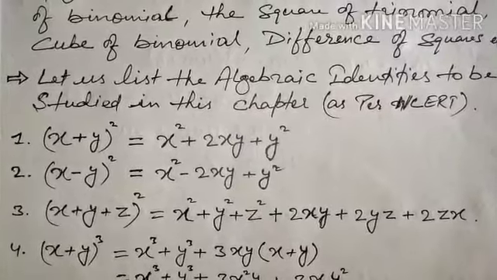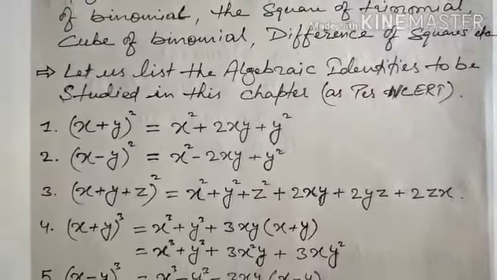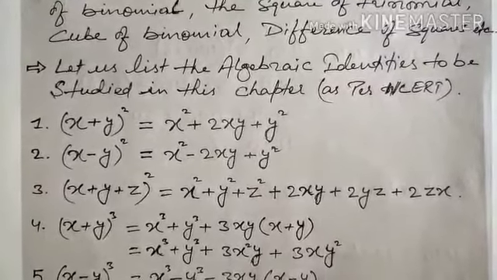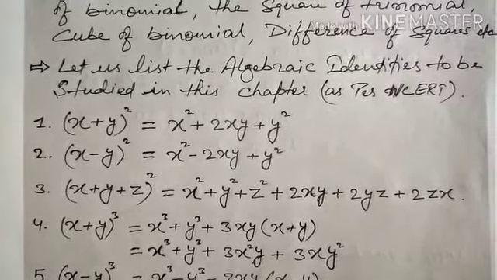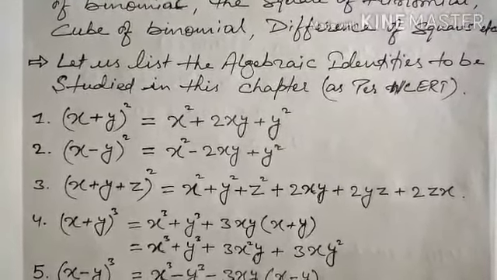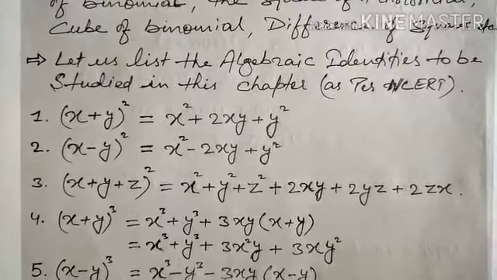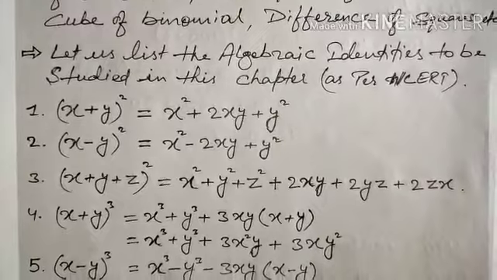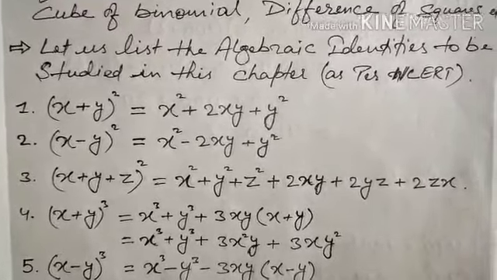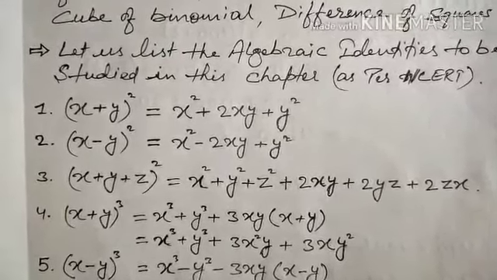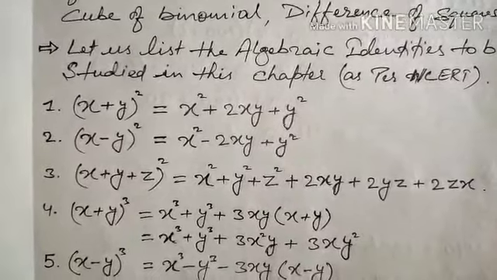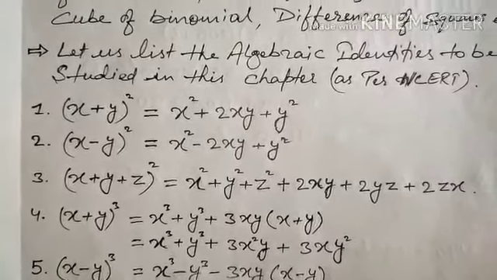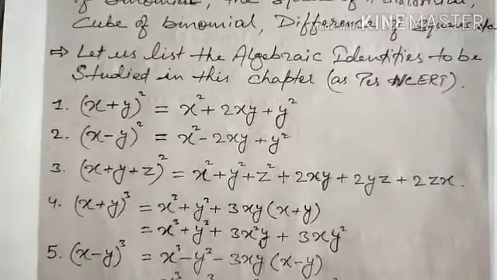Now already I had told you people to learn about the identities in the previous class. I had given you a PDF file which contains the remainder theorem, factor theorem, and a number of identities, so that you have to learn. Still I'm just listing all the identities so that it will help you in recapitulating, because maths is totally based on practice. As much as you practice, you will get it well. Okay, so let us see now one by one all the identities.